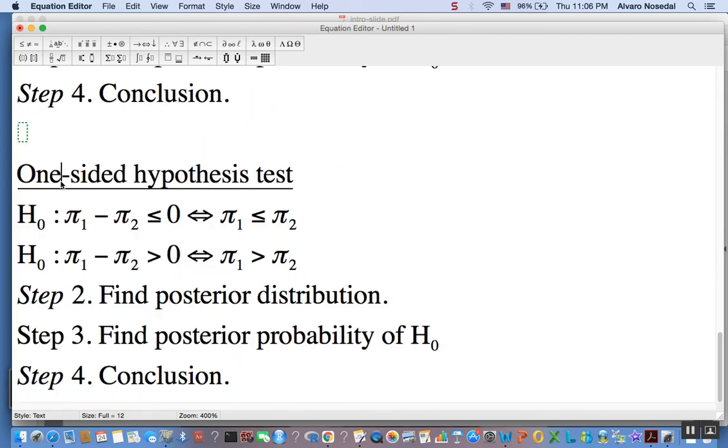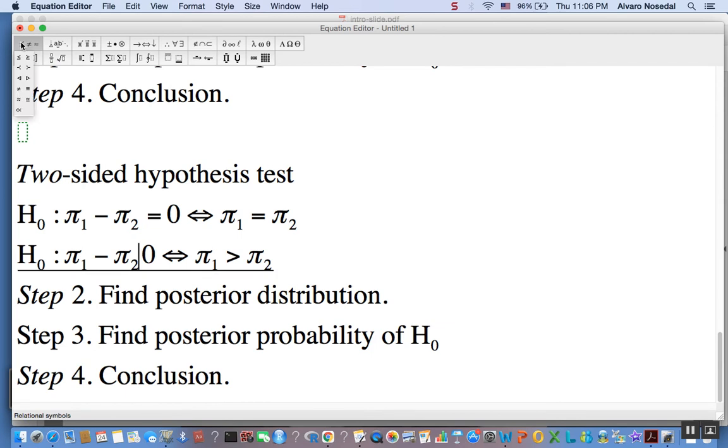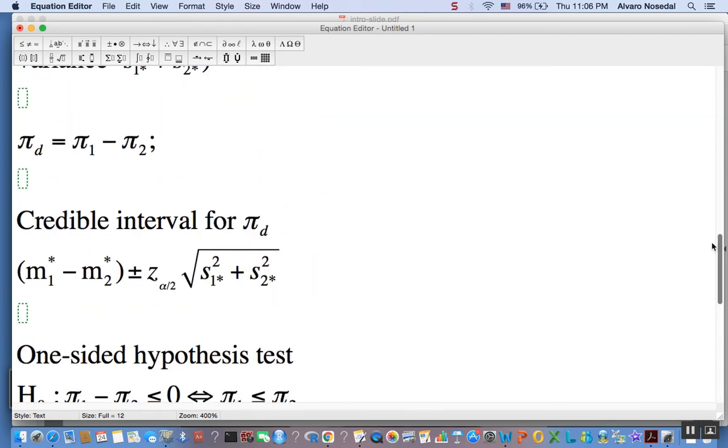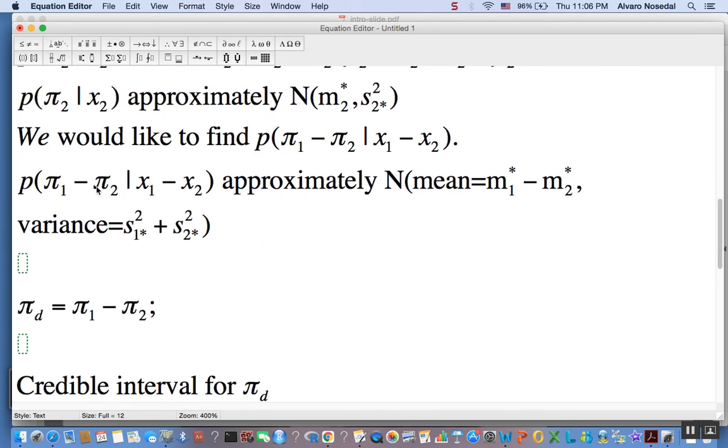A two-sided hypothesis test says that the difference is 0, meaning those two parameters are the same, against the alternative that the difference is different from 0, or in other words, that those two parameters are different. We know that we can easily find the posterior distribution. Again, we're approximating the posterior distribution